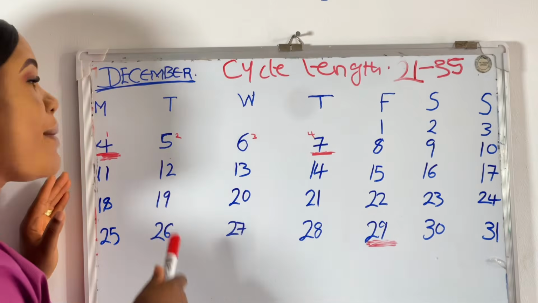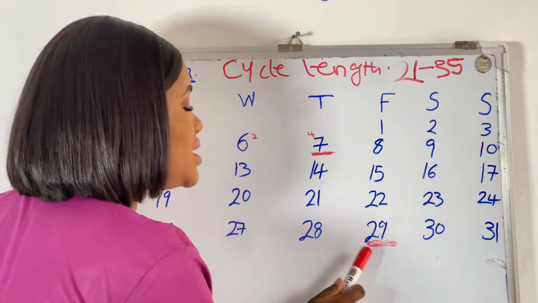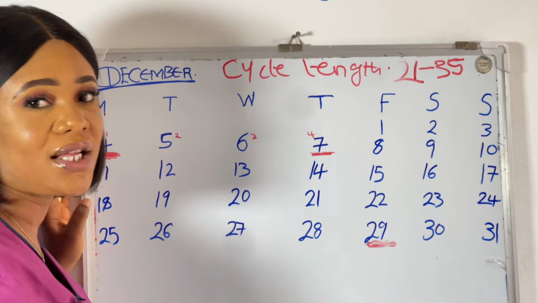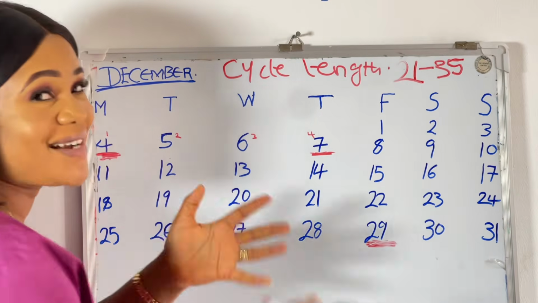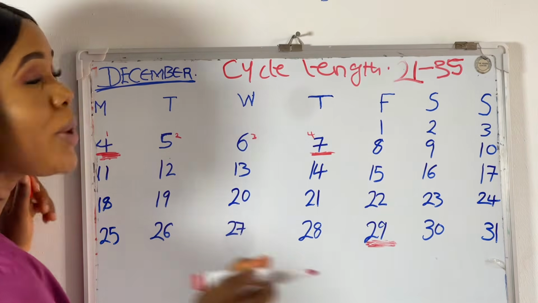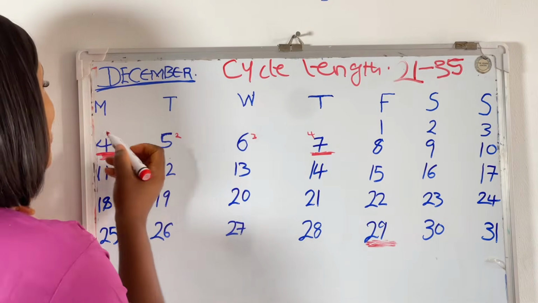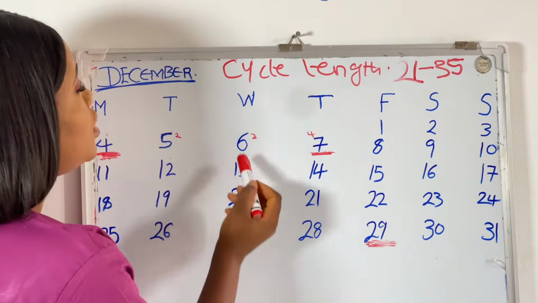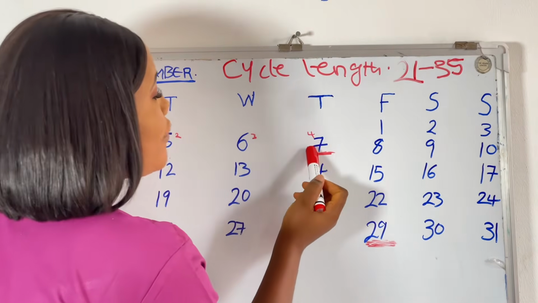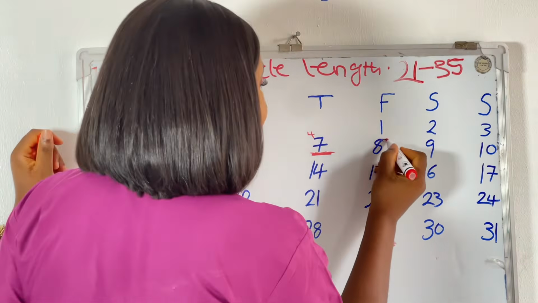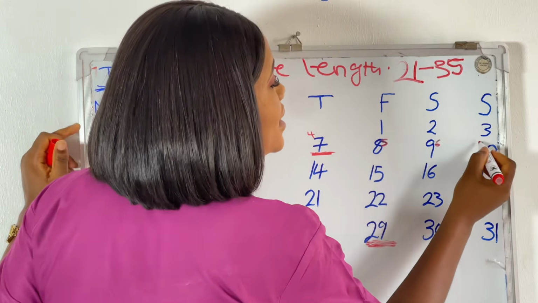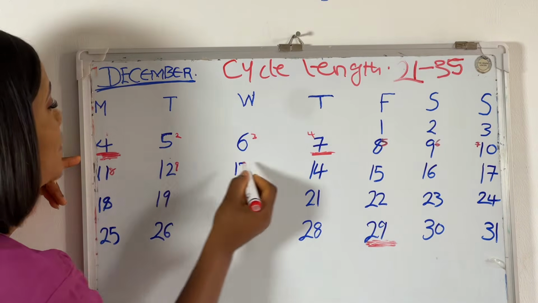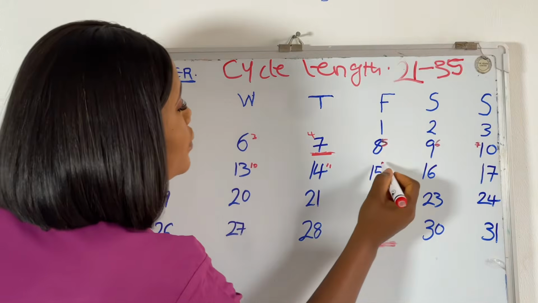For example, I started seeing my period on 4th and my next period appeared on 29th, meaning that from 4th to 28th is my cycle length. I hope you are with your calendar and I hope I'm not too fast and I hope I'm passing the information. So we are going to be calculating my cycle length. We are taking 4th to be my day 1, 5th to be my day 2, 6th to be my day 3, 7th to be my day 4, 8th to be my day 5, 9th to be my day 6, 10th to be my day 7, 11th to be my day 8, day 9, day 10, day 11,